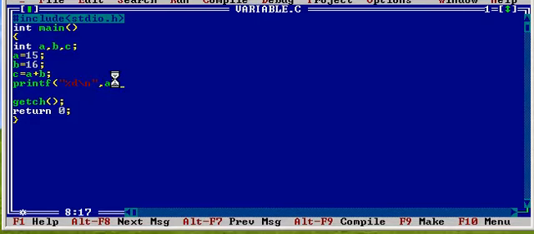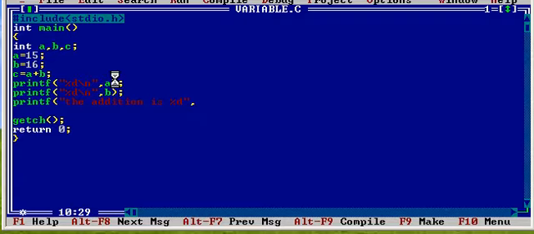Then printf %d slash n, a. Then printf %d slash n, b. Then the addition is %d, c.